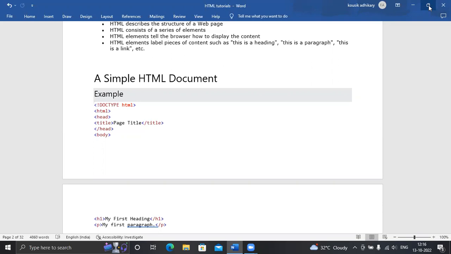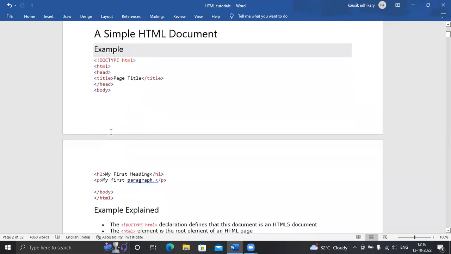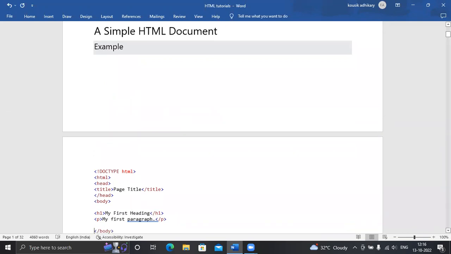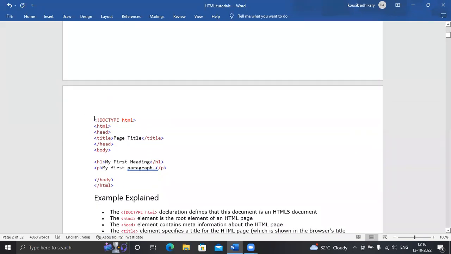And how to do it, let me show you. Let me copy this.